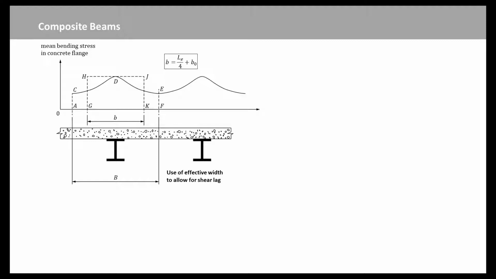The width assumed has little influence on the plastic moment of resistance, so simplified values are used in both Eurocodes 2 and 4. For the mid-span region of a simply supported beam in a building, it gives the effective width as Le over 8 on each side of the steel web, where Le is the distance between points of zero bending moment. The width of steel flange occupied by shear connectors, b0, can be added, so that B equals Le over 4 plus b0, provided that a width of slab Le over 8 is present on each side of the shear connectors.